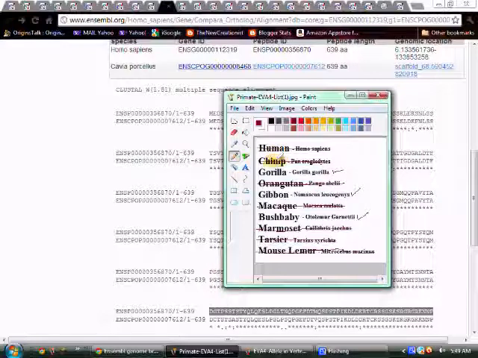So if human is most closely related to chimp and gorilla, and when they split off, the human chimp line suffered this deletion, then orangutan, macaque, marmoset, tarsier, and mouse lemur are in the same line. Or human, chimp, orangutan, macaque, marmoset, tarsier, and mouse lemur suffered the same exact deletion,